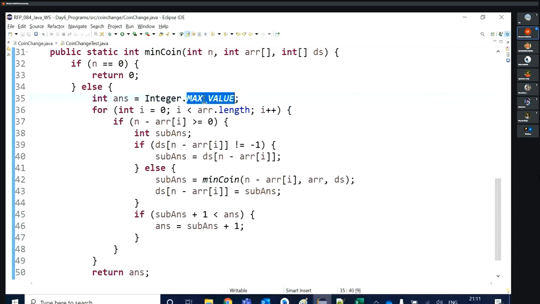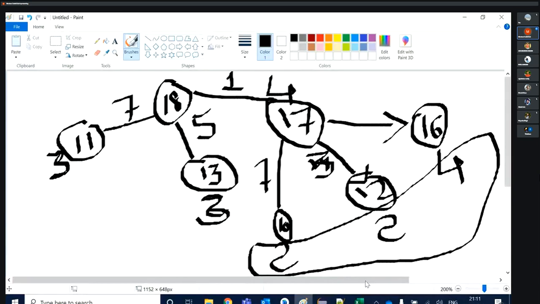So I'm updating my answer variable with 4 plus 1, 5. That answer is for the 17. 5 is the answer for the 17. But if I'm using the 5 rupee coin, what is my sub answer I'm getting here? 2.